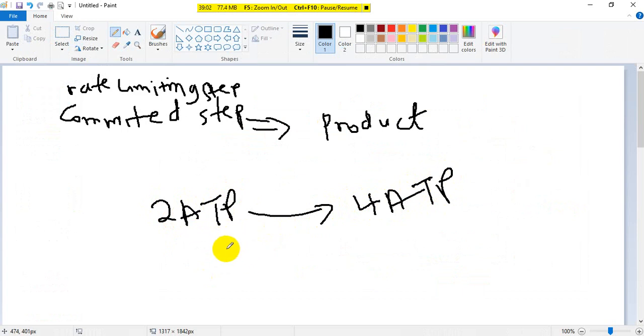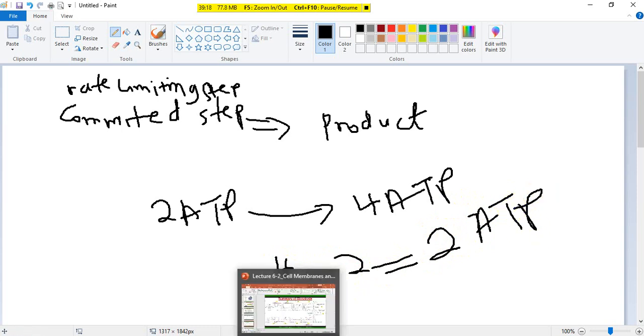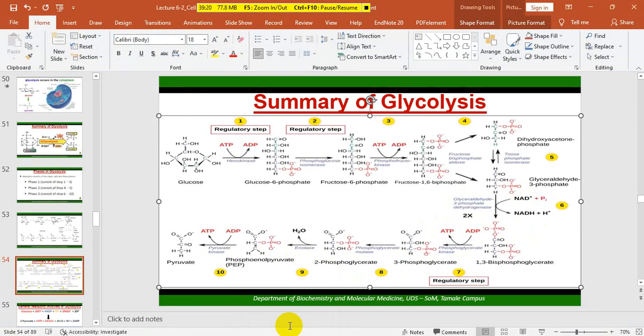So the net energy produced is what? 4 minus 2 is equal to. So glycolysis gives us 2 ATPs. Only 2 ATPs. It's not enough. So we have to go through the citric acid cycle to generate more energy so that we can run away